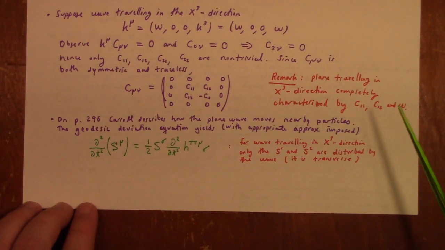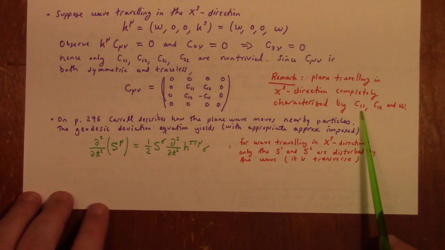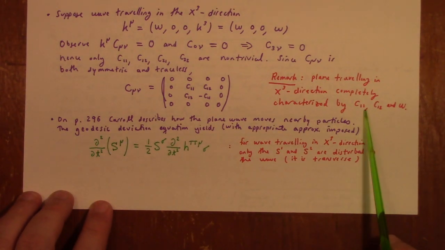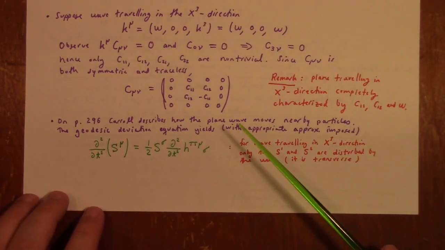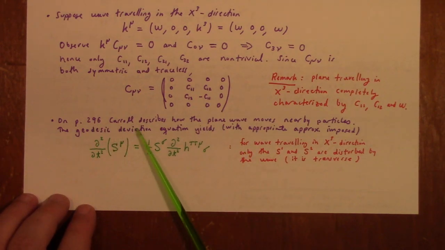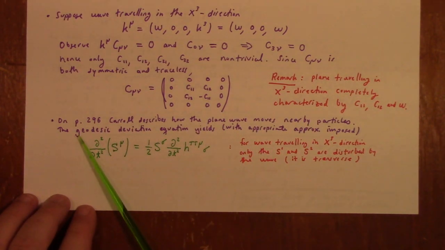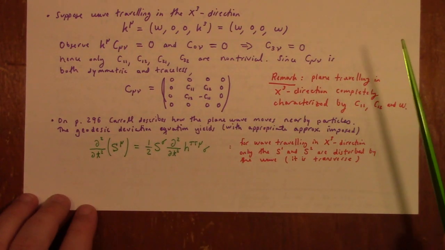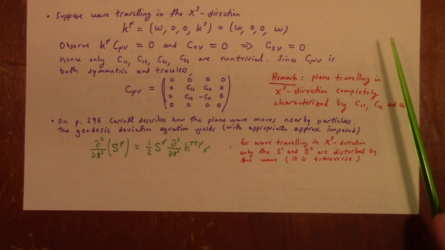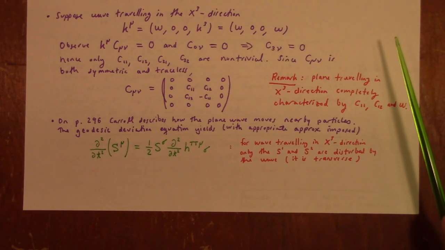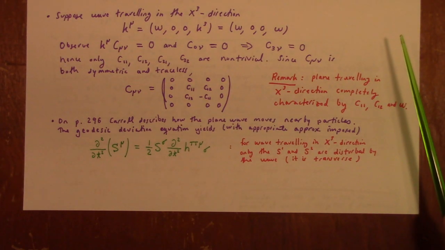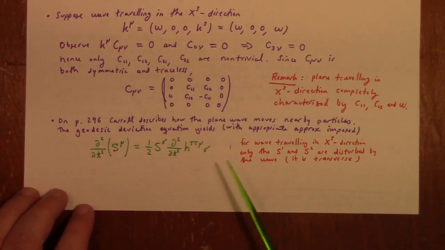So in short, a plane traveling in the x3 direction is completely characterized by C11, C12, and omega. And so on page 296, Carroll describes how the plane waves move nearby particles in terms of the geodesic deviation equation. So this is the geodesic deviation equation. I don't know if I actually went into that earlier in this course. I'm sorry if I didn't. I might not have, but as with everything else, there's lots of details in Carroll if you go look. But anyway, you get this equation,